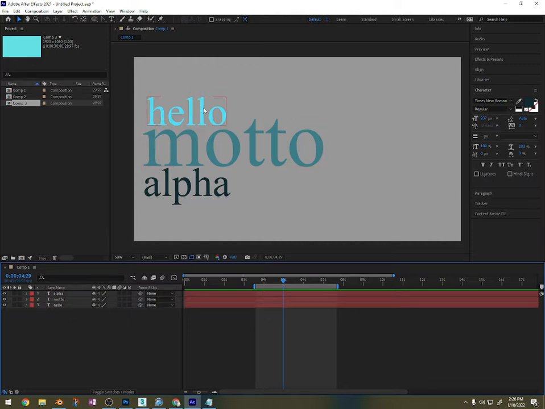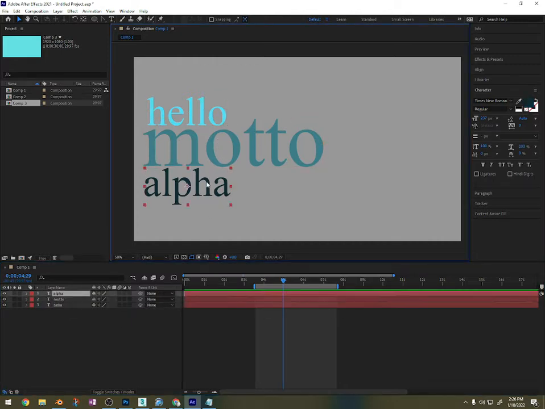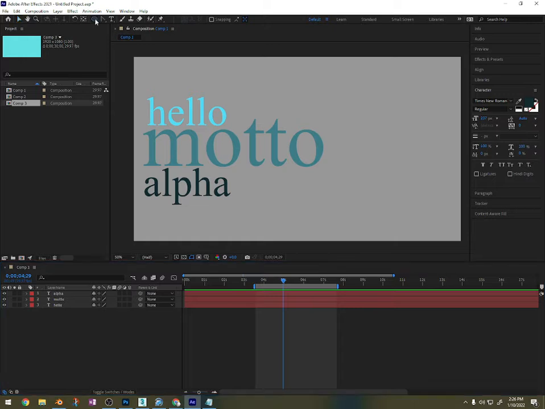Okay, so first I've got my 3 text layers here. Throw yours up on here and make sure you center the anchor points for each. That's Control-Alt-Home. And what we're going to do first is create some alpha mats. So I want you to deselect all these layers, and we're going to, with these layers deselected,